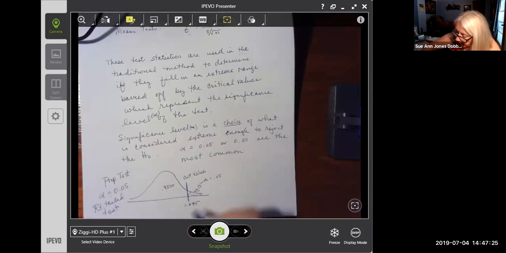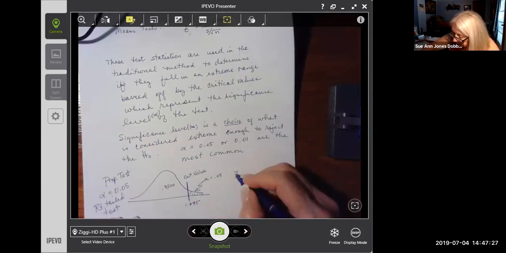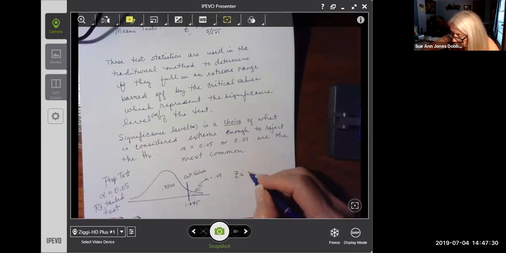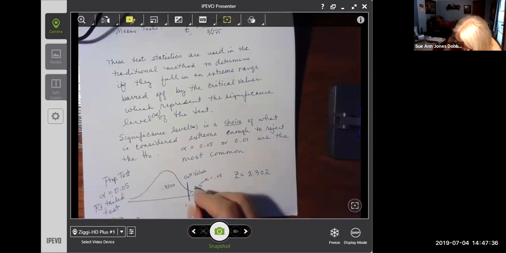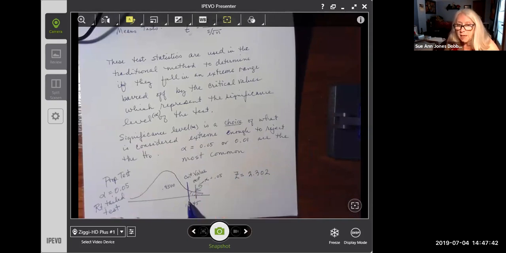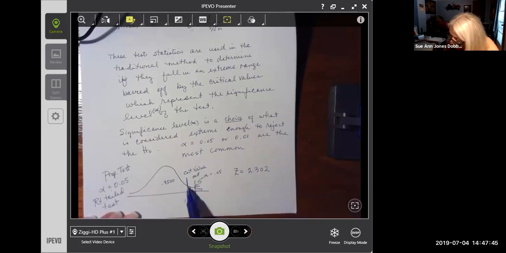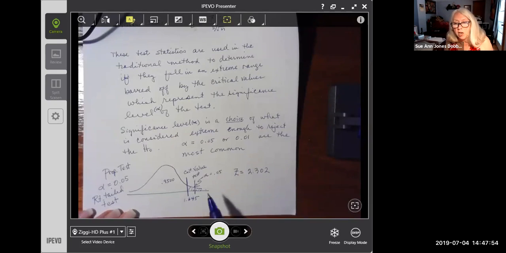Now, if I calculated then a Z test statistic of 2.302, say, that test statistic would be to the right of the critical value. It would be inside this extreme region to the right. And that would cause us to reject the null hypothesis. So in the traditional method, we reject the null hypothesis whenever the test statistic falls into a critical region, full stop, whether it's to the right or the left or one of the two, left and right, for a two-tailed